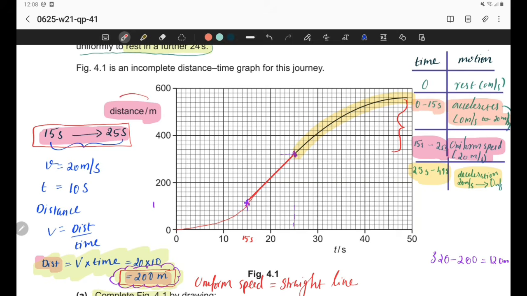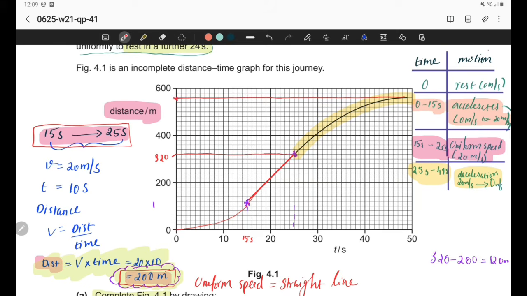So the distance is already given on the y-axis. So just look at the y-axis value during this section. To know that, we can extend the values of the starting point and ending point to the y-axis, and we can just subtract. So we can see here it is 320 initial position, and at the end of the deceleration the train is